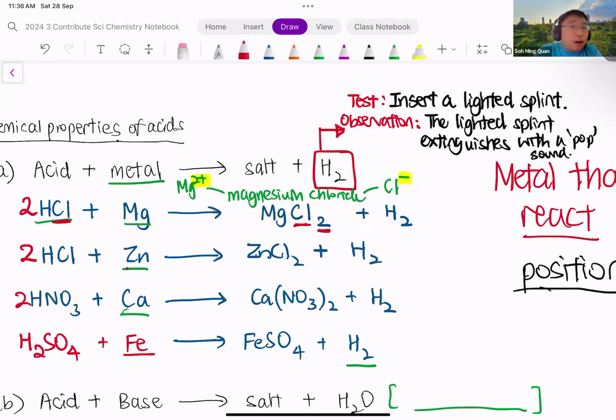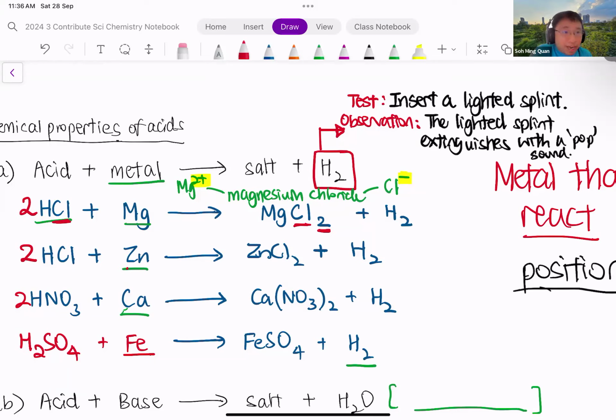Okay, now before we move on to the next reaction, let's remind ourselves, acid plus metal forms salt and hydrogen gas. We need to know how to test for hydrogen. We also need to be able to name the salt as well as to write the equation for the reaction. Okay? So every single time you learn a reaction, always learn the test for the gas, how to name the products and reactants, and finally, learn how to balance the equation. And moving on,